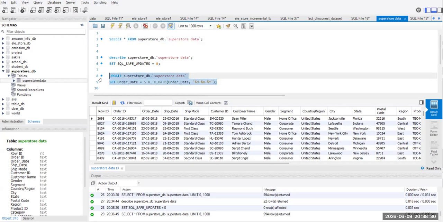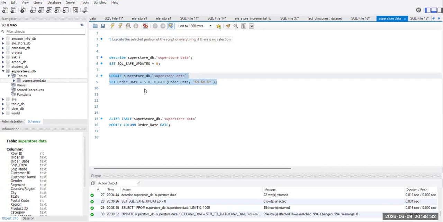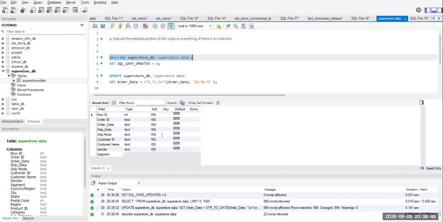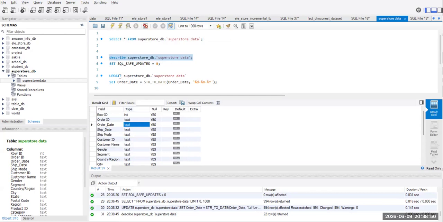So if you execute this, it has got updated. If you see here, the green check mark has come. You may think it has already been changed from string to date. But if you execute it now, you can see it is still in text format, because what we have done is informed the system that we need to change it from text to date,